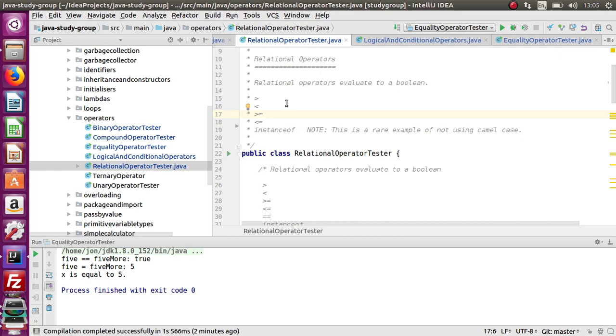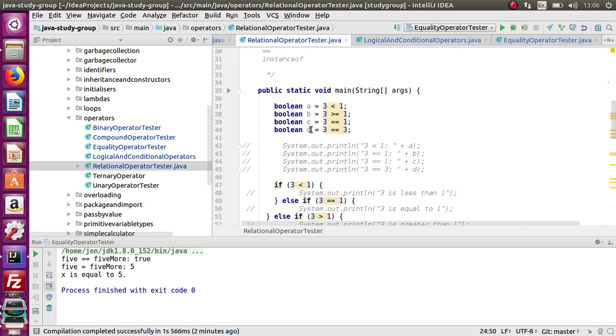It's also a special case because it's a very rare example in Java where for some reason camel case wasn't used. You'd expect it to be written as instanceOf, but it isn't. That's just a little quirk. It must have been an early bug that never got fixed, and it's now just part of the language. So it's a very rare case of core Java API not using camel case. So instanceof is all one word. If we just have a look at those,